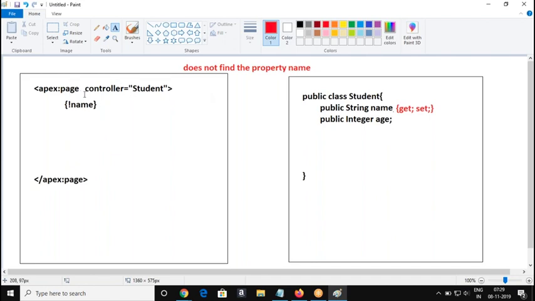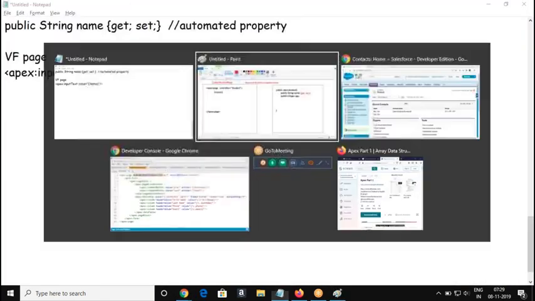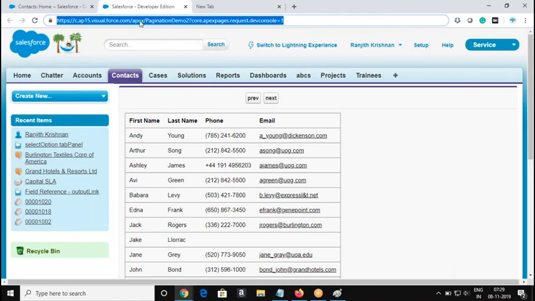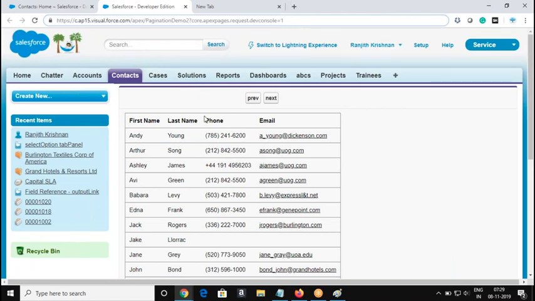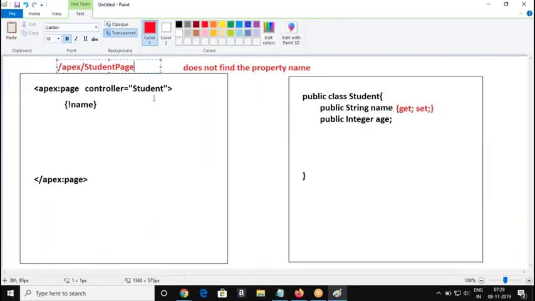Whenever the Visualforce page is loaded, see, I named the page as Apex. So whenever the student page is loaded, it's like a website only, right? Every Visualforce page is like a web page. You are going to preview it, and basically, as you load any website, we send a request to the server and get the page and display the content, right? So when the page is loaded, what will happen?